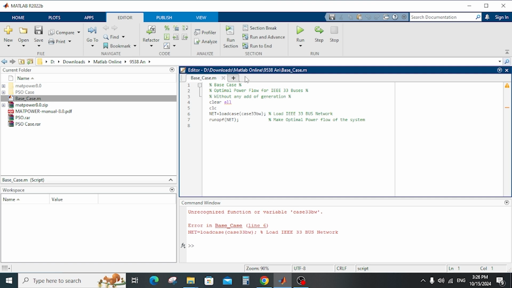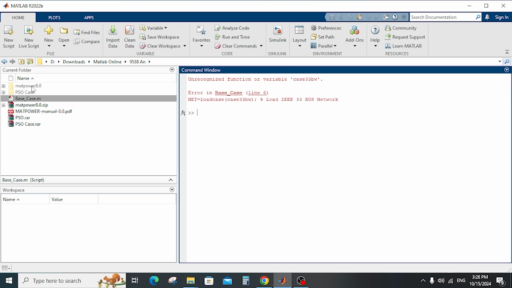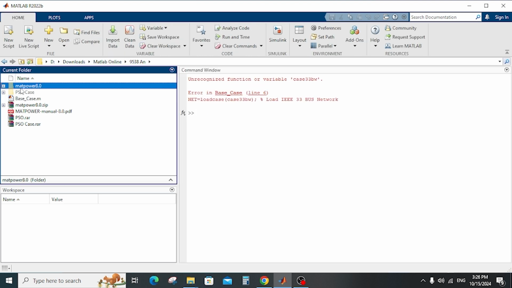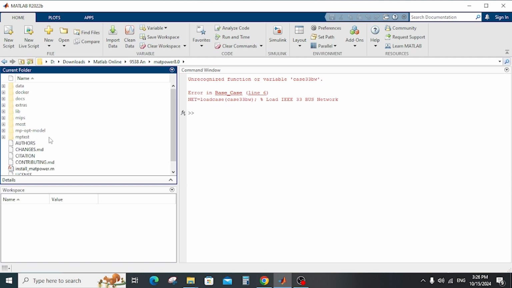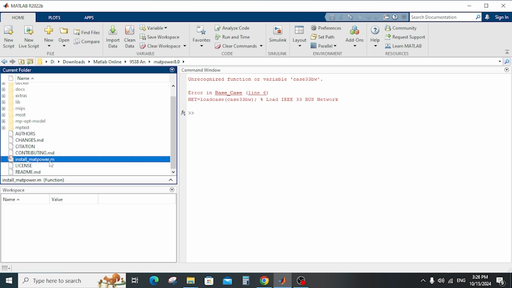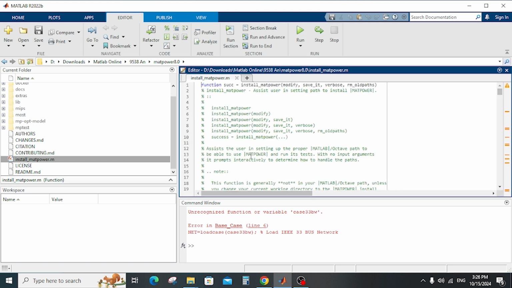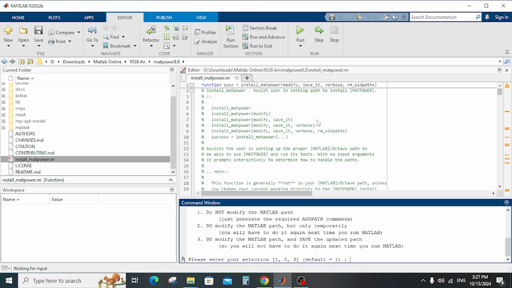So before we start to operate the base case and the PSO case in Matpower, you should install Matpower. As you see here in that file, open it, and as you see, there is a file install Matpower. Open it, and after that run install Matpower before starting. After we run it,